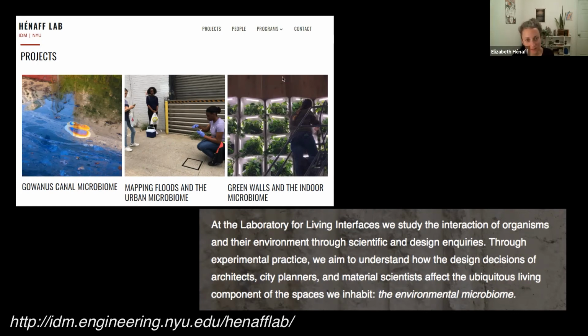So these types of projects of mapping microbiomes, specifically focused on understanding the relationship between the built environment and the built environment microbiome, are the kind of projects that we work on in our lab. These are mostly focused on scientific output and scientific publication. But I think it's also really interesting to acknowledge that the relationship that we have with these invisible organisms is very much a relationship to the tool and the instrument.